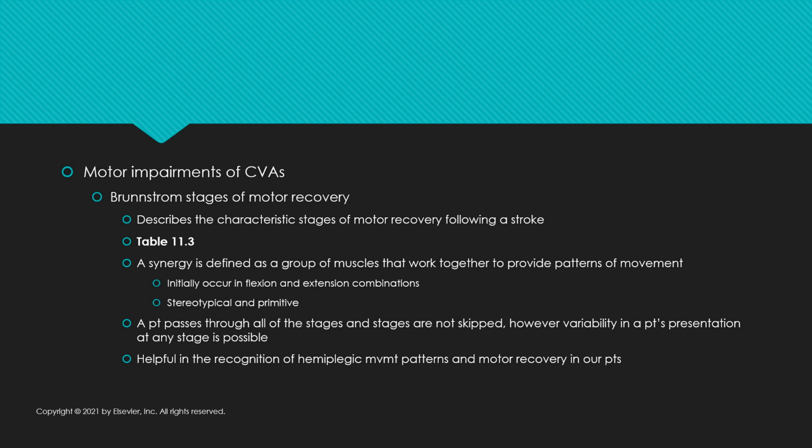And so this looks at muscle synergies, and a synergy is defined as a group of muscles that work together to provide patterns of movement. They initially occur in flexion and extension combinations. And so these are where we have the inability to dissociate limb segments. And so flexing the shoulder causes flexion of the elbow and flexion of the wrist. Things happen simultaneously instead of being able to dissociate each limb segment and move for the intended execution. These motions are stereotypical and primitive, but they are the initial return of motor function that we typically see in